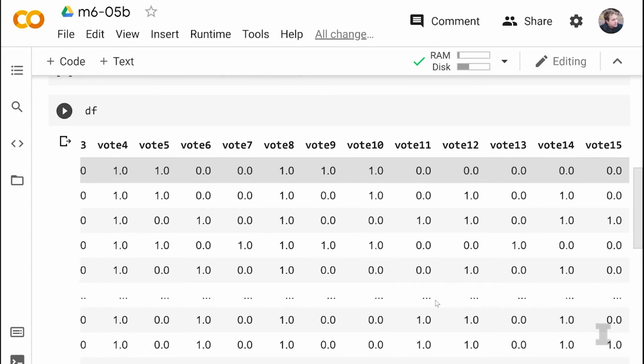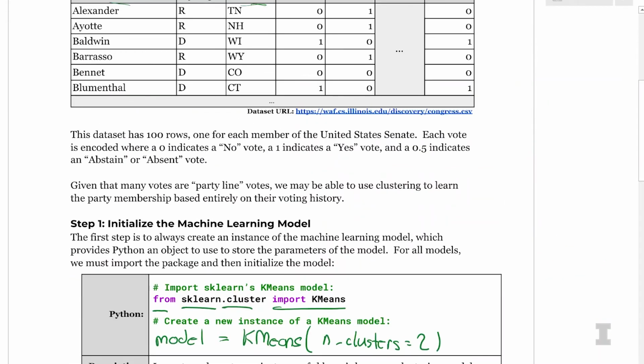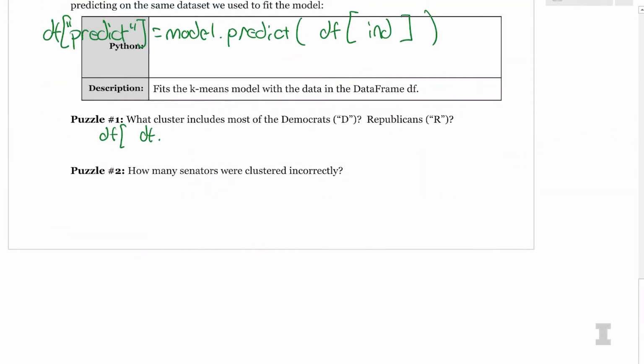All right, so now we're going to do our analysis. Let's look at a subset of rows where the party is, we'll do Democrats first. D comes before R. So I'm going to say df at df.party, all lowercase, is equal to D. Do we see that most of these people have a cluster that is the same?